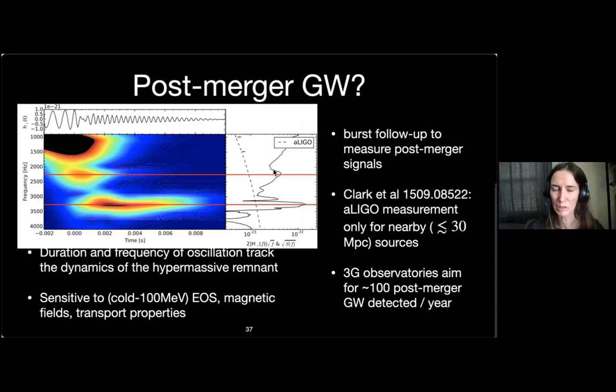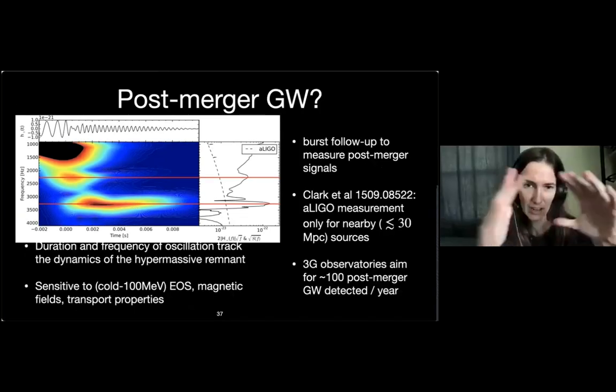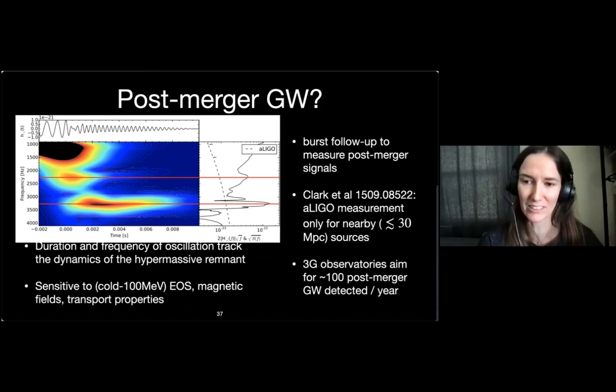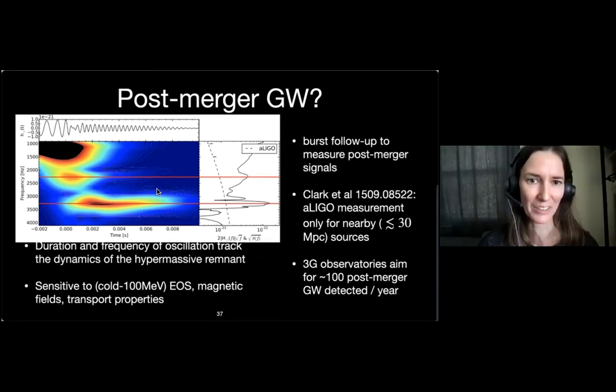For advanced LIGO, we would expect to be able to capture this only for very nearby sources, but next generation facilities aim to record something like 100 post-merger signals per year, as the duration and the frequency of this oscillation is sensitive to the dynamics of the hypermassive remnant after the stars collide, where temperatures can be higher, and the lifetime of this system oscillating before it collapses or radiates enough energy to no longer oscillate is very sensitive to things like the transport properties of the matter, magnetic field